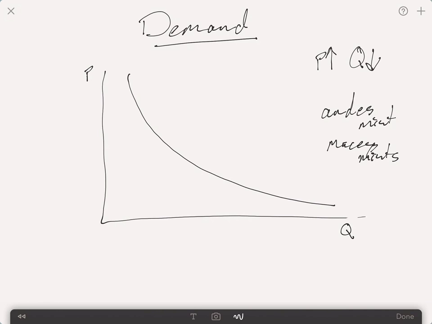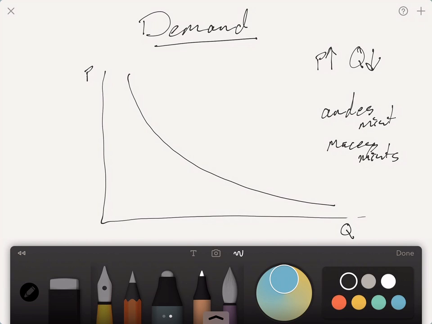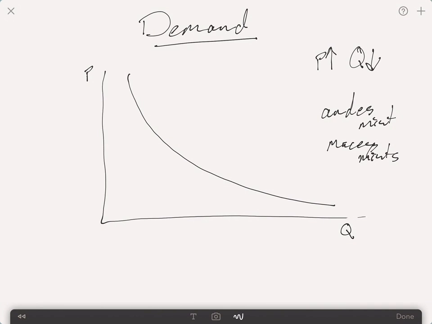Now, when you're actually using the demand curve, it assumes that you're only looking at price and quantity, as every other factor influencing the demand curve is held constant. We call that Ceteris Paribus. Ceteris Paribus just is a fancy Latin way of saying all other things remaining the same, or all other things being equal,